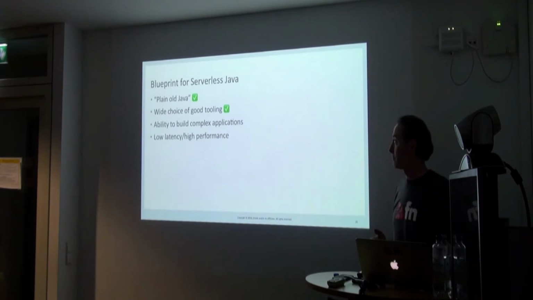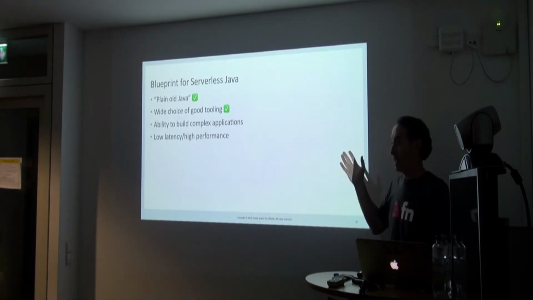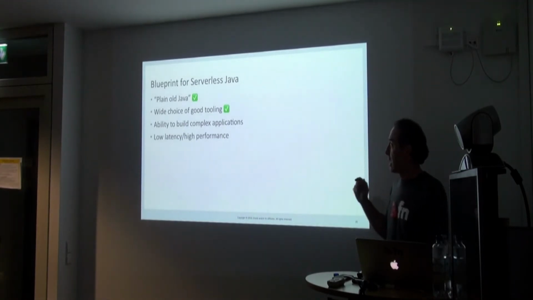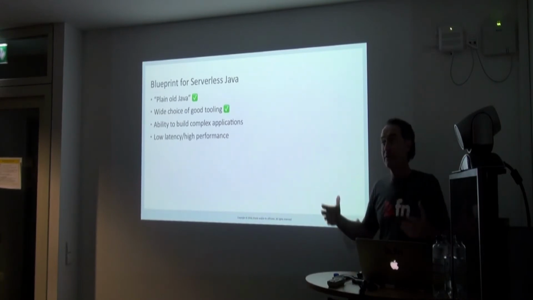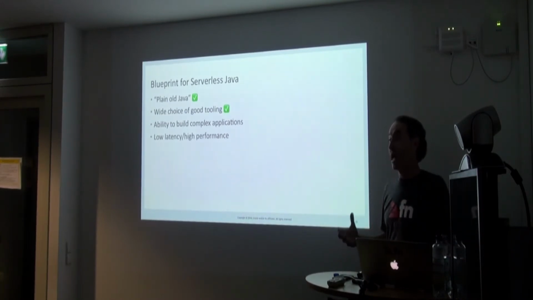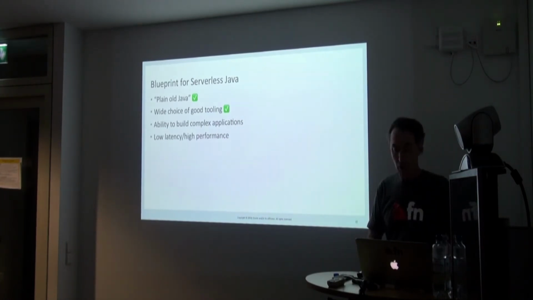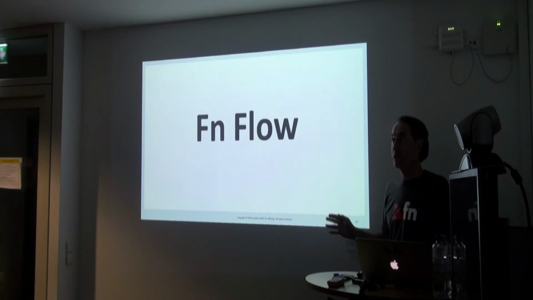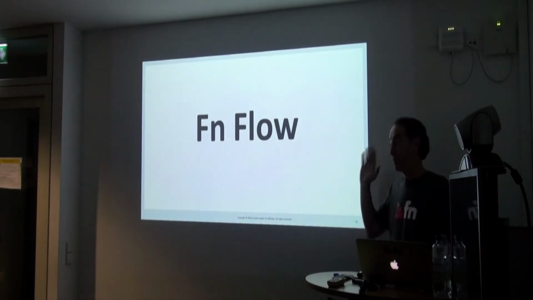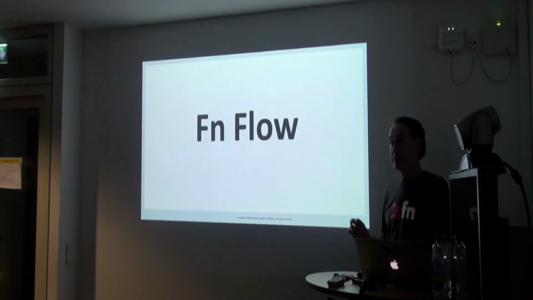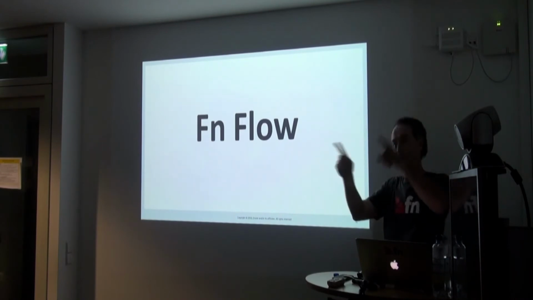Kind of simple, right? The next thing I wanted to be able to do with functions with Java is build complicated applications. This is getting more interesting. And this is where I think the functions developers, or the people who are building FaaS platforms, are at now. We're all trying to figure out how you build applications. So we've got something here called Fn Flow, which we'll talk about. Microsoft has Durable Functions, which is kind of similar. Actually, they're on the same wavelength as we are, I think. IBM has a thing called Composer, which lets you visually draw pictures of the functions being called, with some sort of data flow.